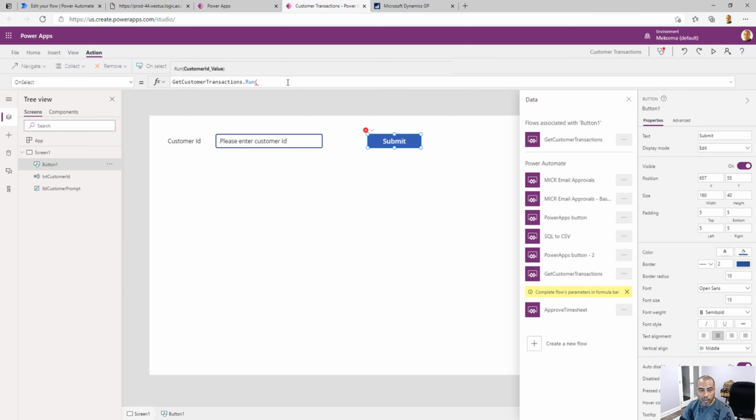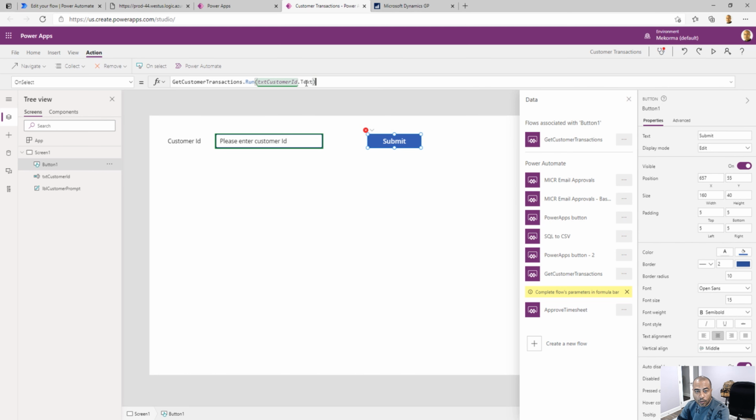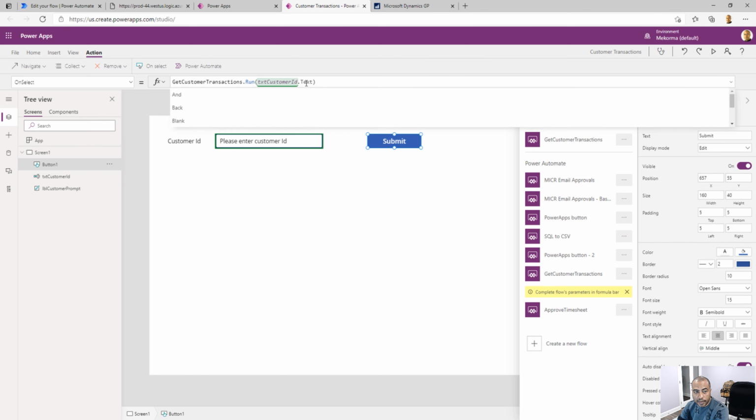And what we wanna do is probably run it with the customer ID parameter. So as you can see here, this is telling me what is the customer ID value parameter. And that's gonna come from txt customer ID dot text. So whatever text is entered in that box, that's what we're gonna use as a result set. Now, the result might come in various columns, but if I want the full record set, what I wanna do is I wanna pass this on to a collection. So we wanna say collect,